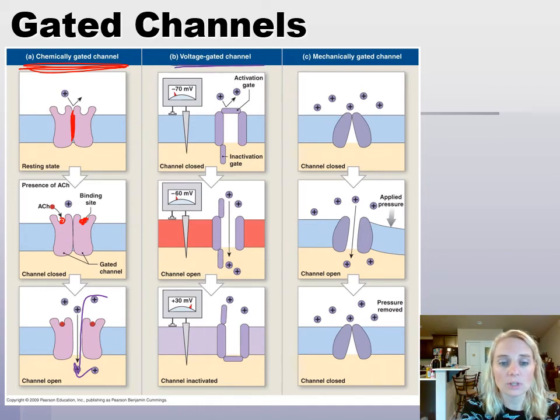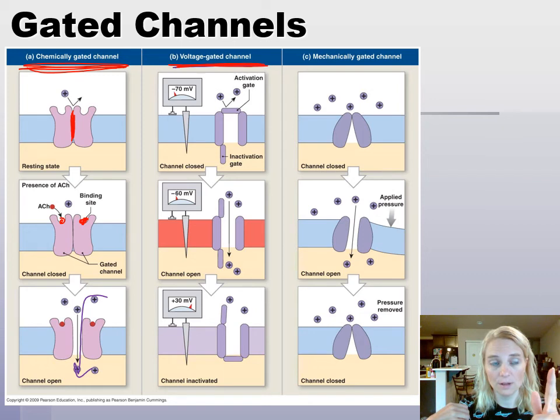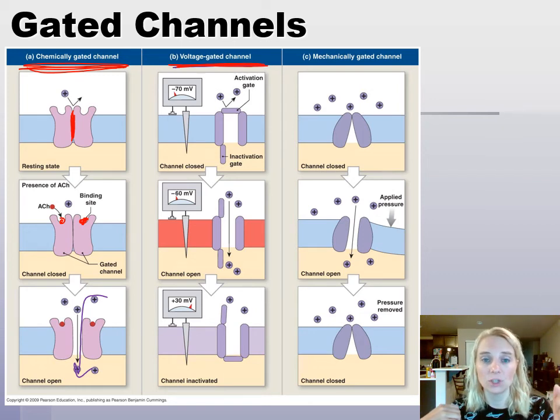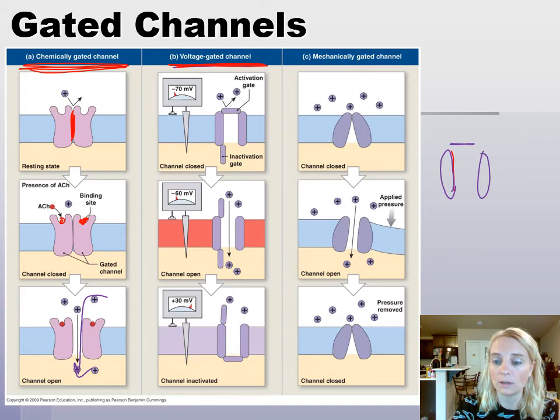The middle one, which is super important for action potentials, is called a voltage gated channel. So its key, if you will, is not a chemical like in the first example, it's a change in charge. This particular one is a sodium voltage gated channel. This is specific for the sodium ones that we're going to see. At this particular channel, it's got two gates. We have an activation gate, which is on the outside of the membrane, and we have an inactivation gate, which is on the inside. At rest, if I'm going to draw my gates, here's my channel,